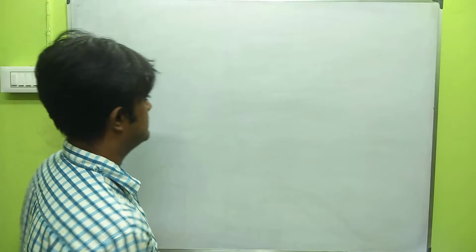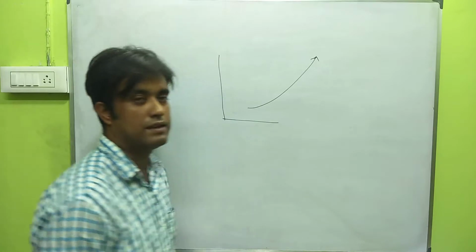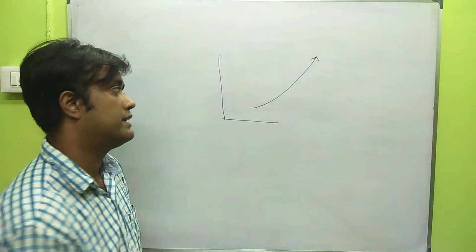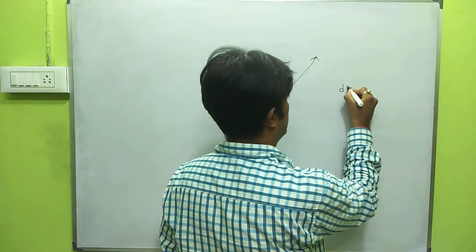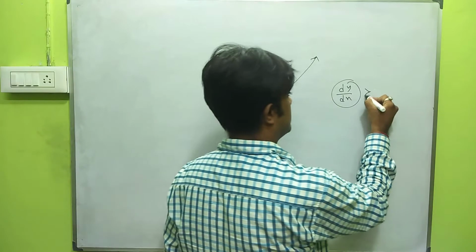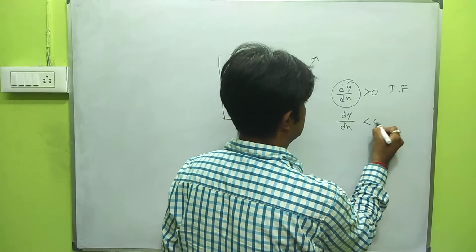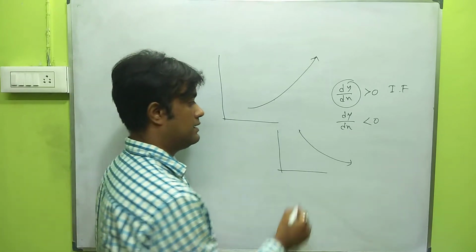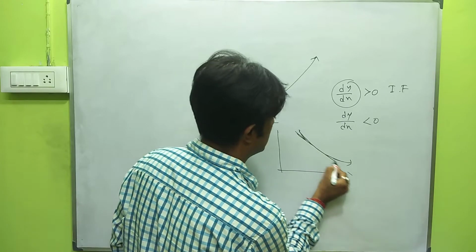If a function is increasing in some interval, then at any point on the curve, if we draw a tangent, the slope of the tangent is dy by dx. So dy by dx is greater than 0 for an increasing function, and dy by dx is less than 0 if this is a decreasing function, and we draw a tangent at any point on this portion,